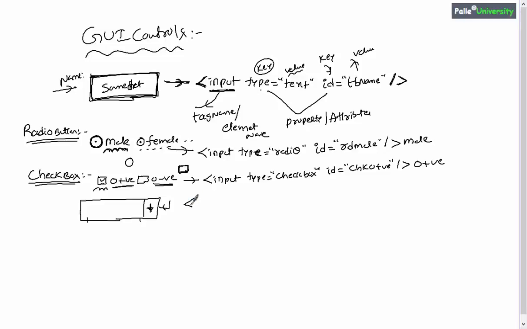Now let me show you the HTML code required for creating the drop down list. You should use something called the select tag, select ID. Assume that inside this drop down list I am going to display some states information, maybe Indian states. So I will write ID equals DDL states. What does that DDL mean? Drop down list. Some people also write CMB. CMB means combo, right? So end of select tag.